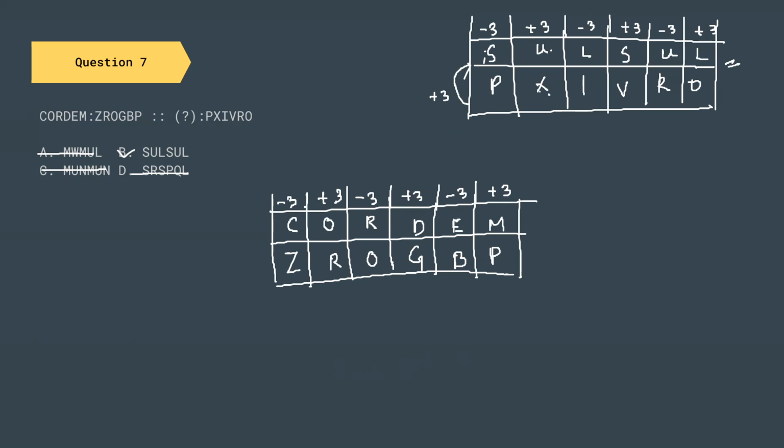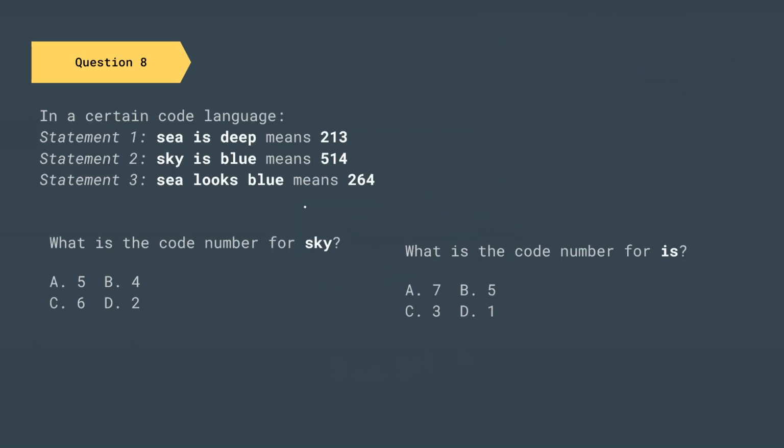And after you are comfortable with this one, then try to find a relevant pattern. And once you have found the relevant pattern, start applying it to the answer. Check if these options are also present or not. Pick the option that is present, and eliminate the rest of the options. So now let us go to the next question.